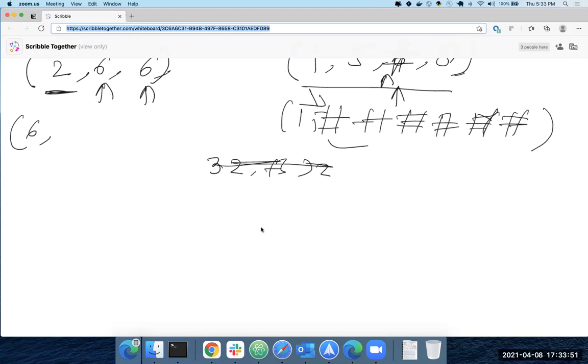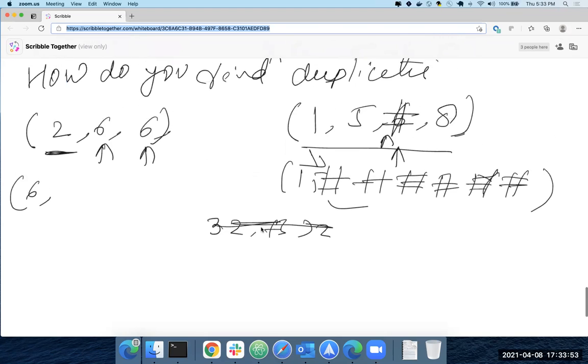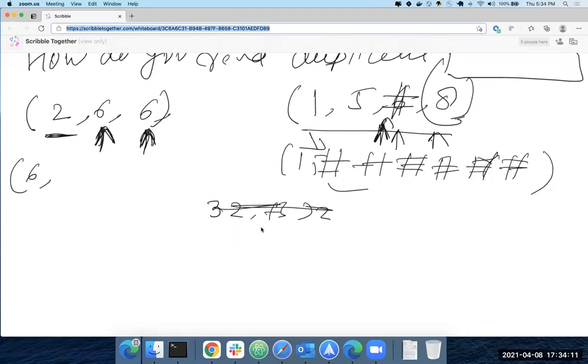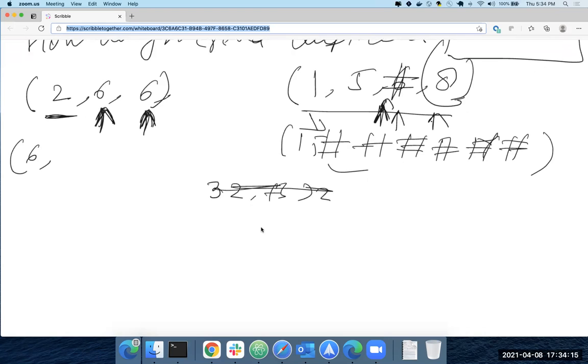So what I think Padmaja was saying is, let's say you're at 6 and you found your first 6. This 6 is going to be only after this index. So why not do a binary search on the remaining indexes? Yeah, that makes sense. Then you don't have to change the value or anything. Every time you do a binary search, get the index you're looking at and then do a binary search from that point.